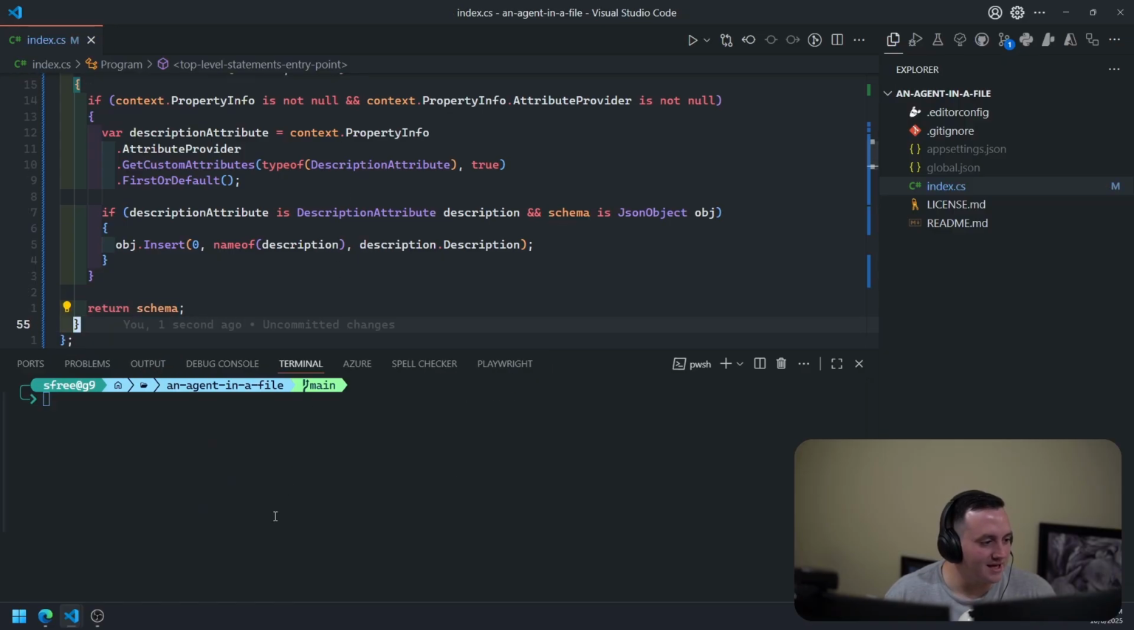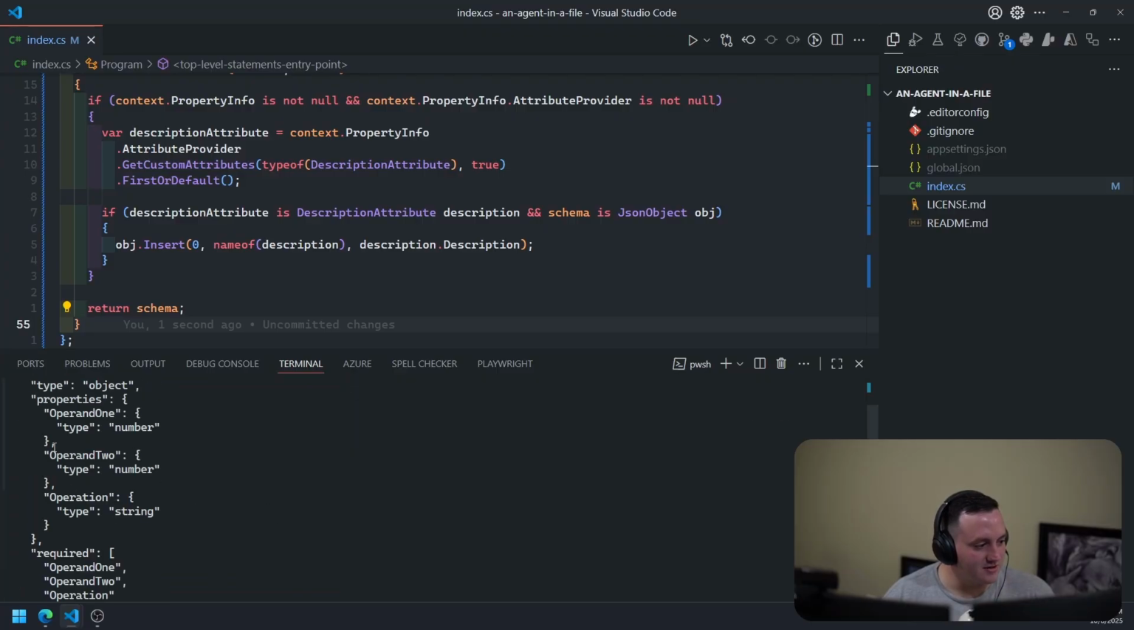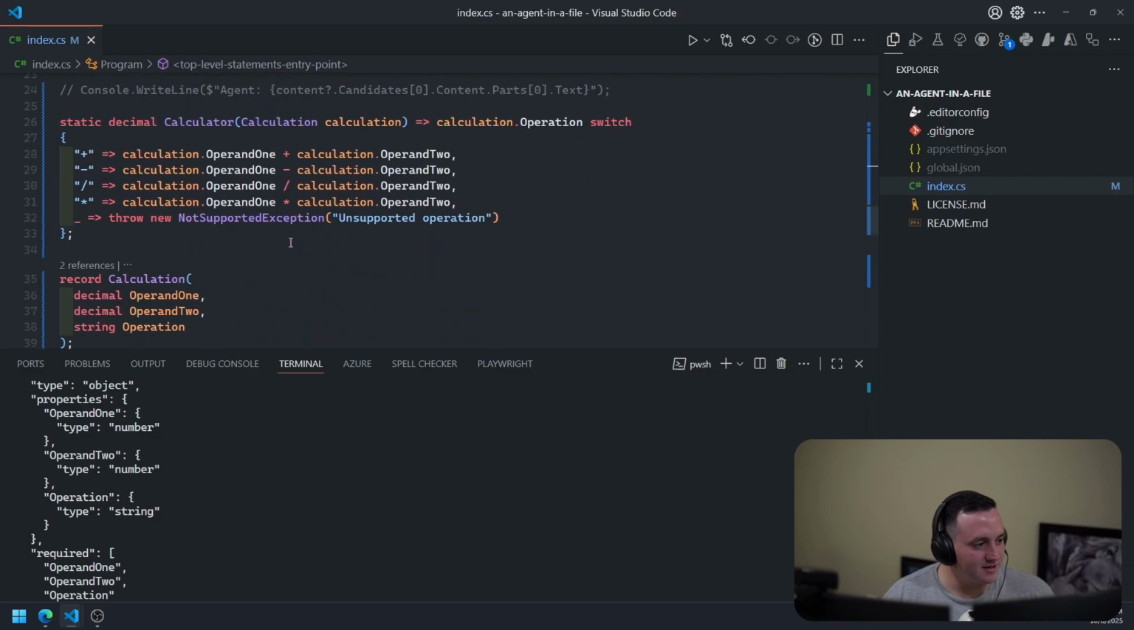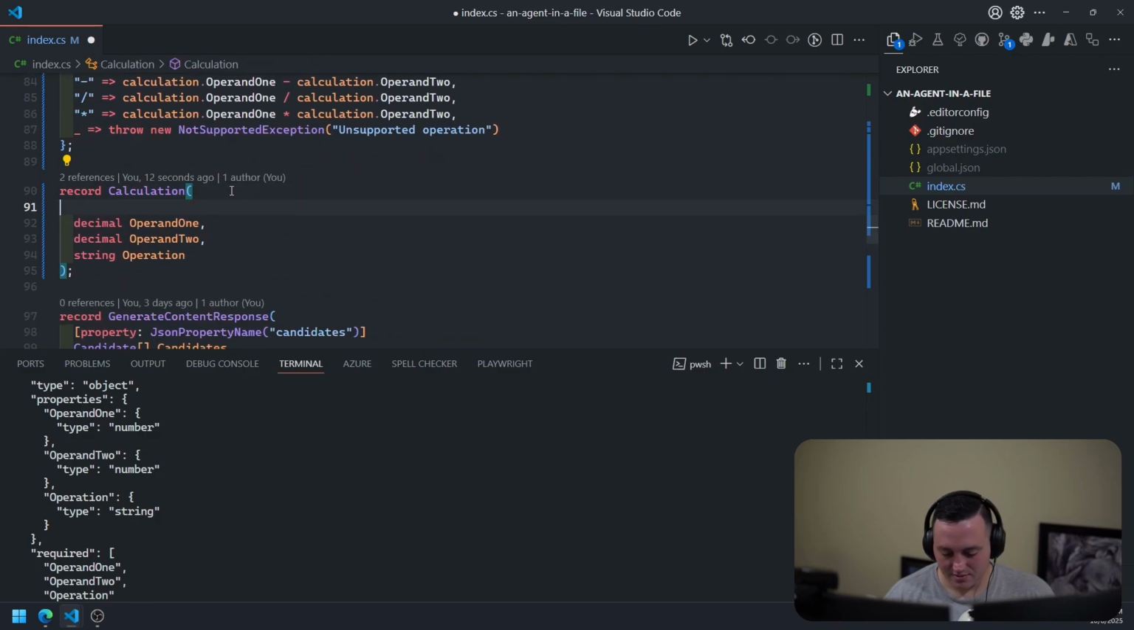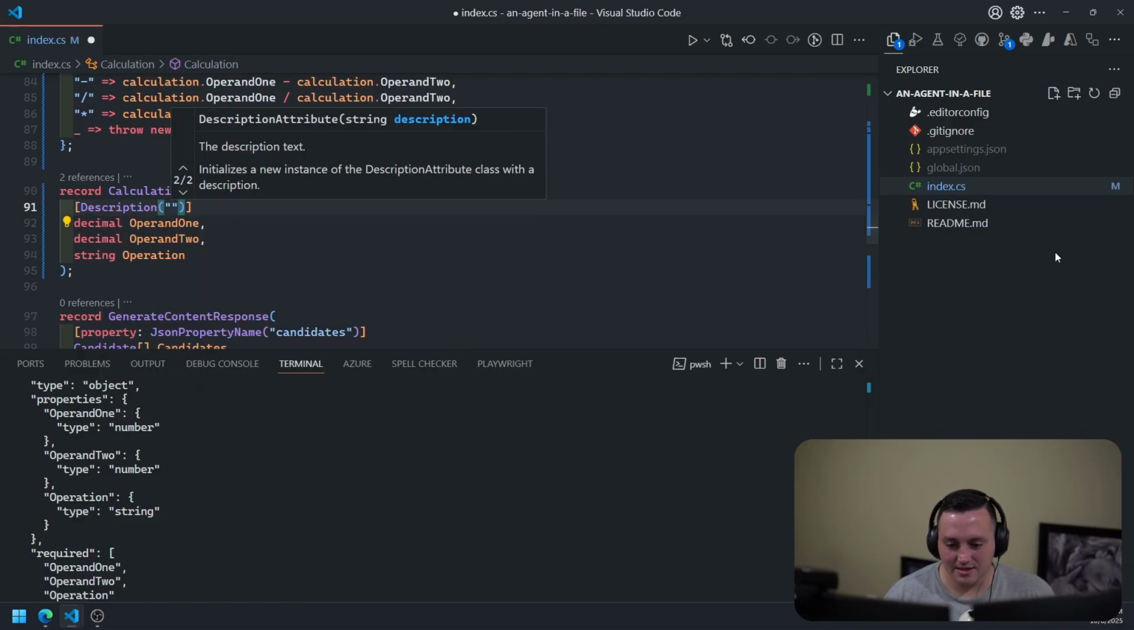Now, if we come back and run this again, we shouldn't see a difference yet, right? I still have the same properties. But if I scroll down here to my calculation type, and I say description, and I set this to, what do I want to set this to? Let's see. We'll say this, the first